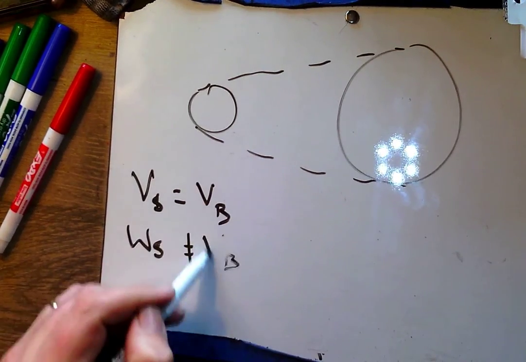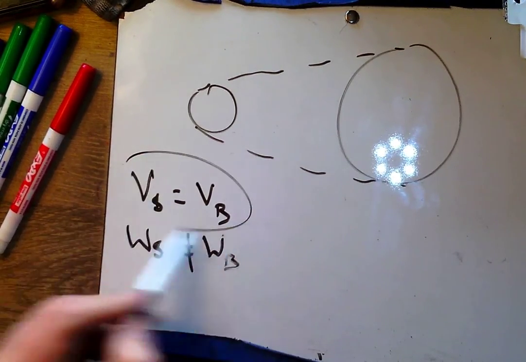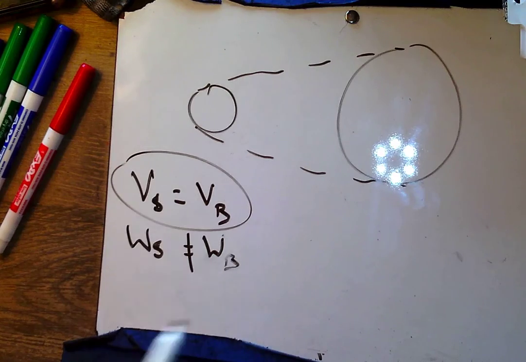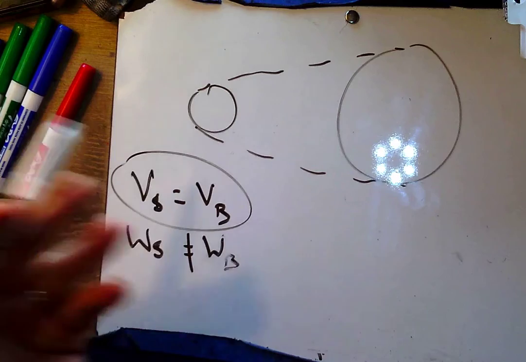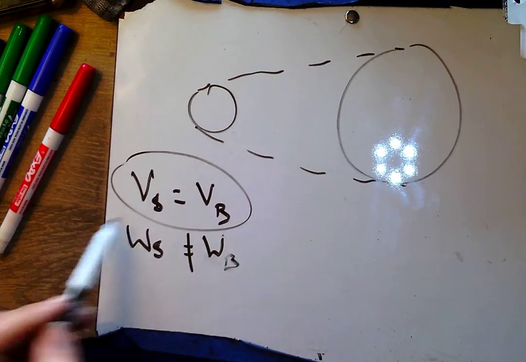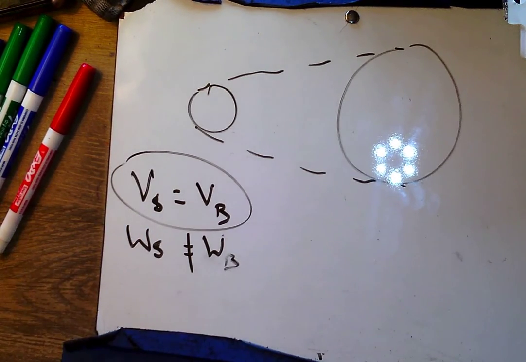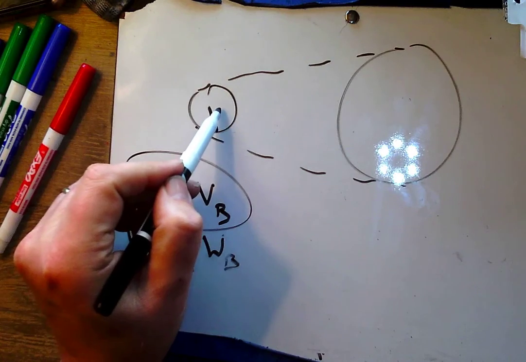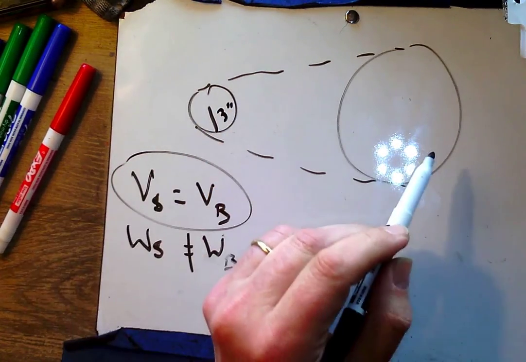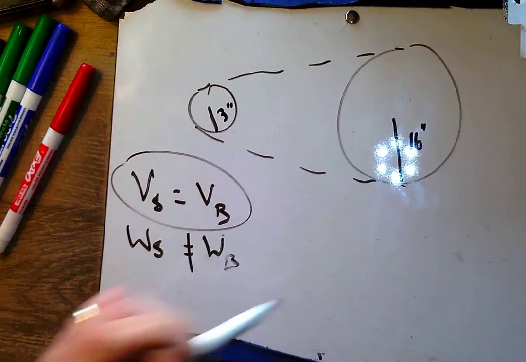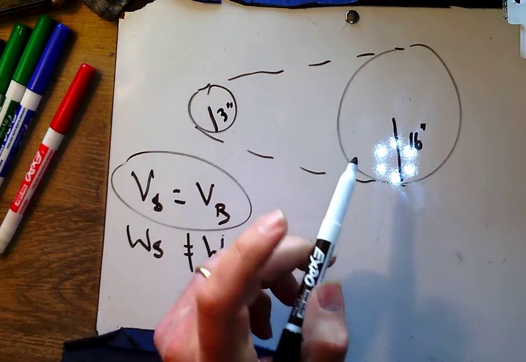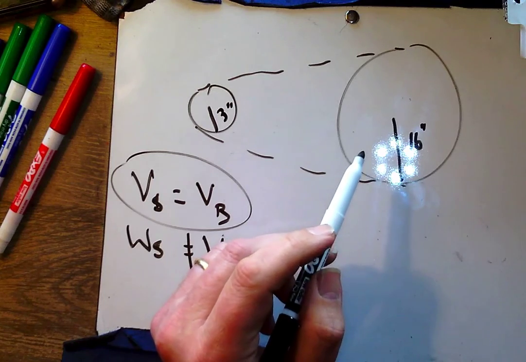Oops. Angular velocity. So these will be the same. These could be the same if these had the same radius, but they never are for us. So I don't expect those to be equal to each other. All right, so what does it say here? It says here that this one has a radius of 3 inches, and this one has a radius of 16 inches. Okay. And we know the flywheel is turning at 90